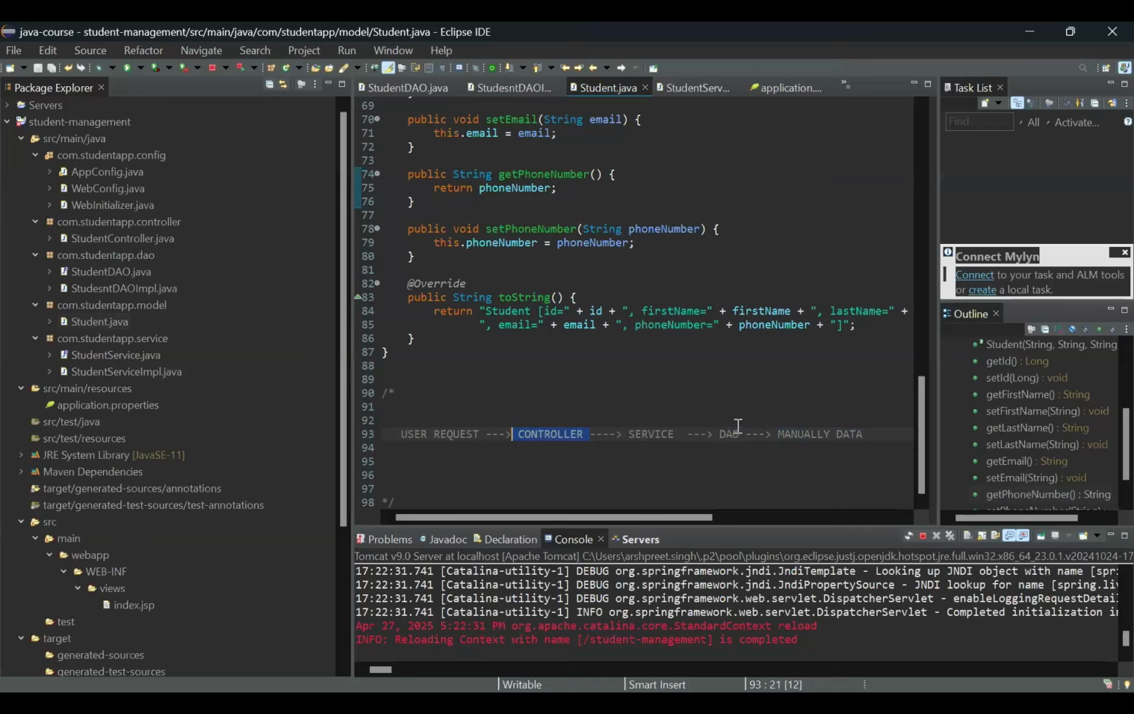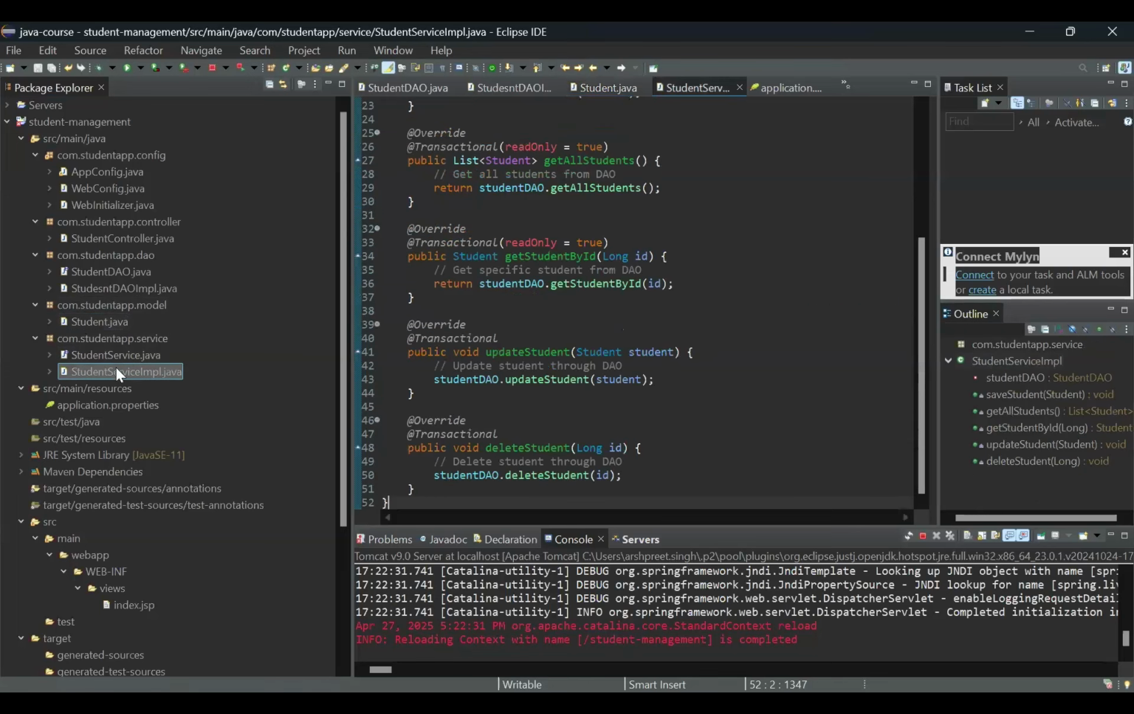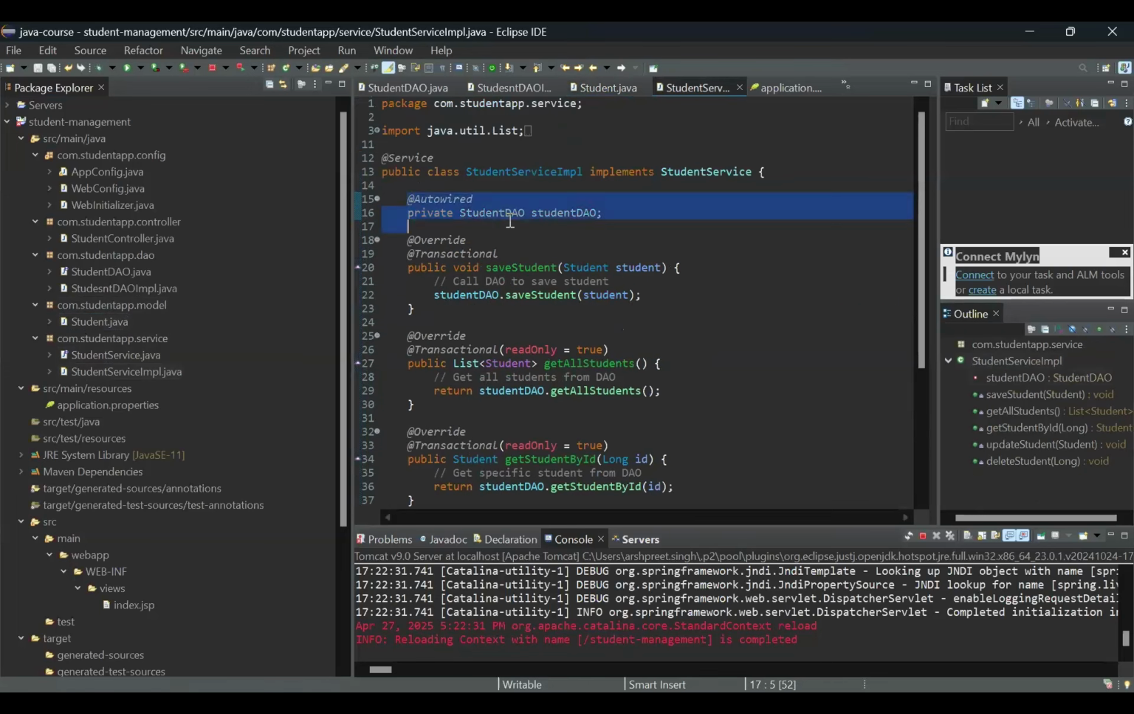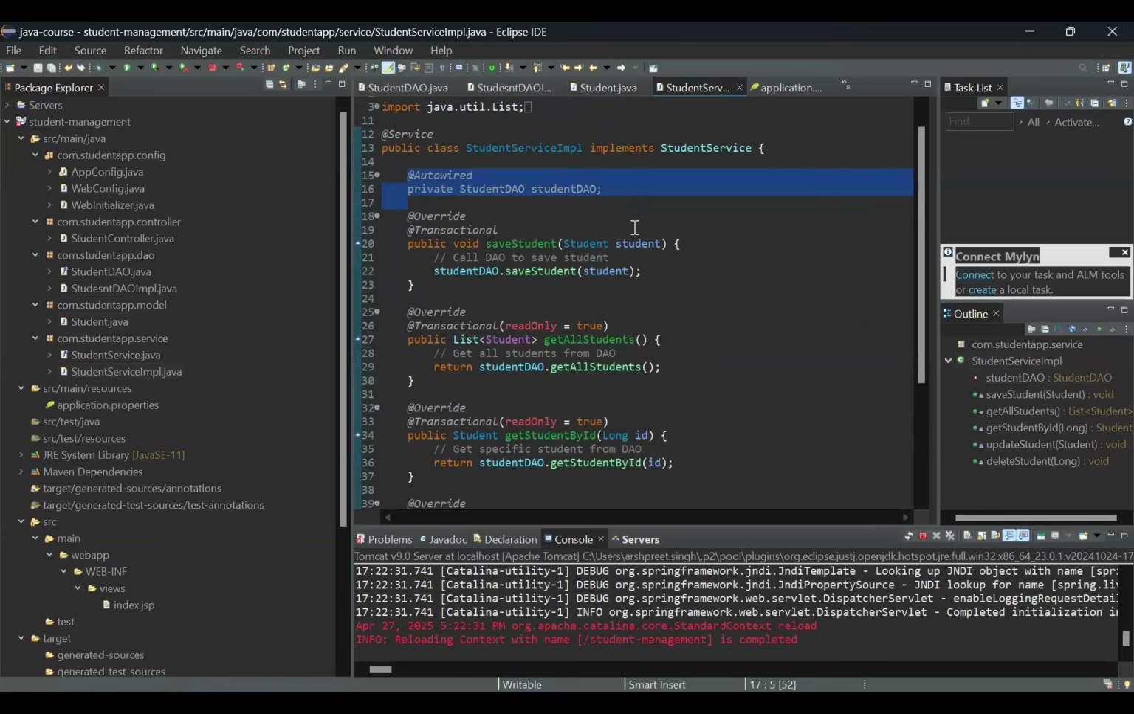So you mean the methods of DAO we are injecting in service: get by name, save. You can see this. Here we are autowiring the DAO. The service methods like session factory and all these, because, see carefully,